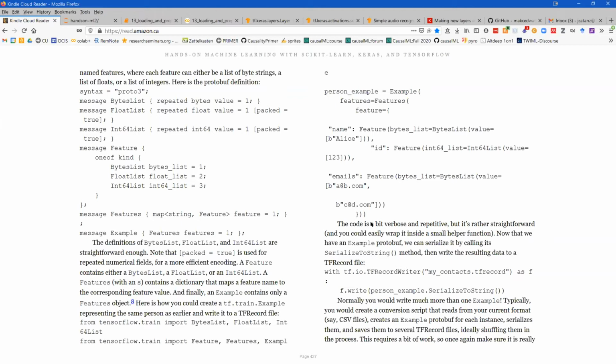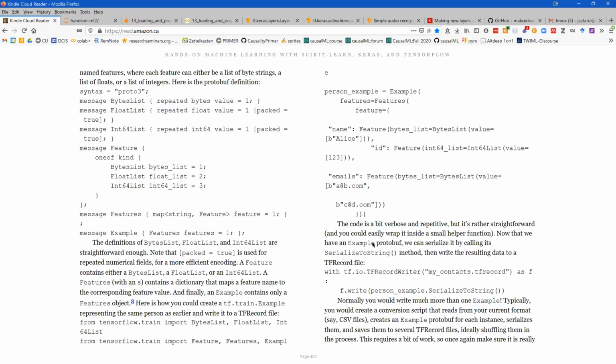And so this is the Byzantine code that you have to go through to create one of these objects. And once you've created it,